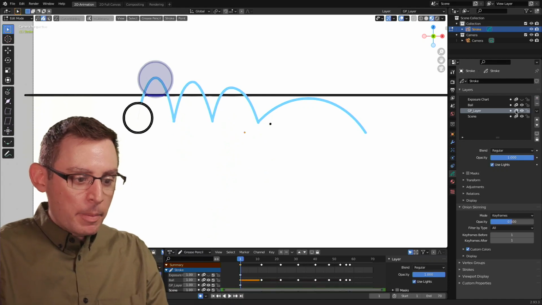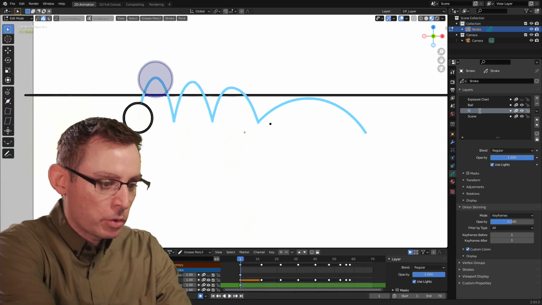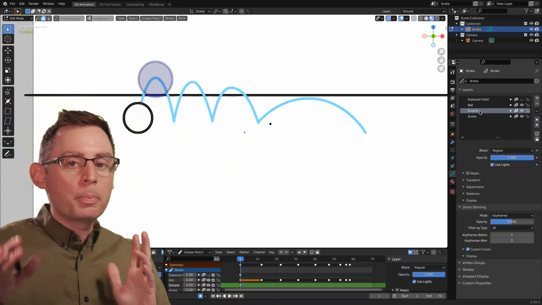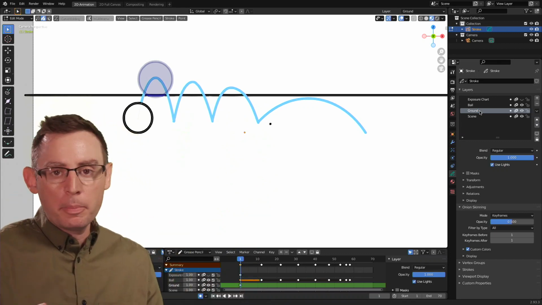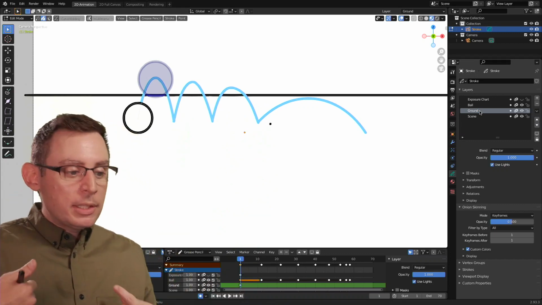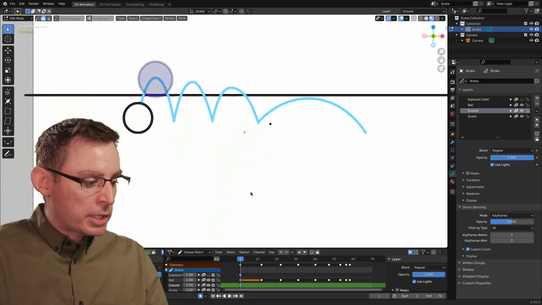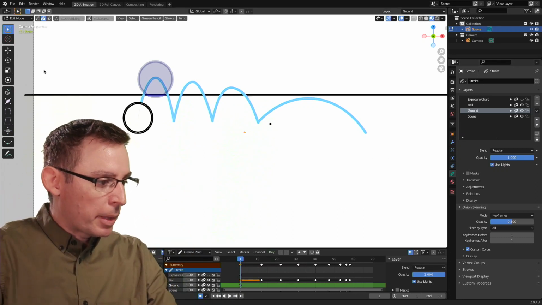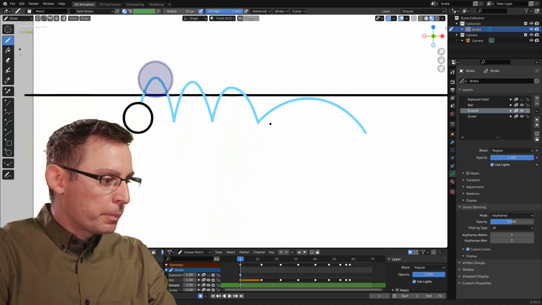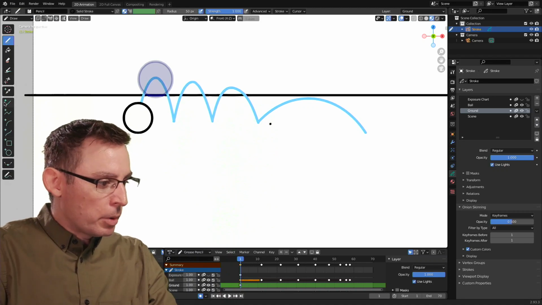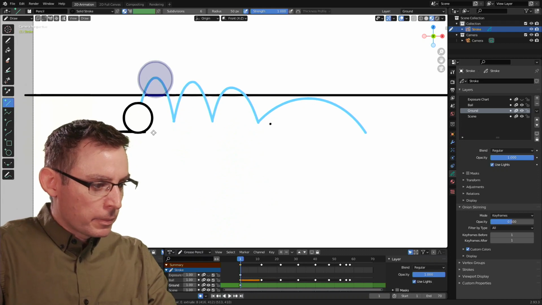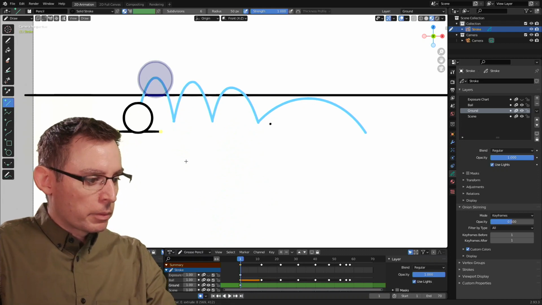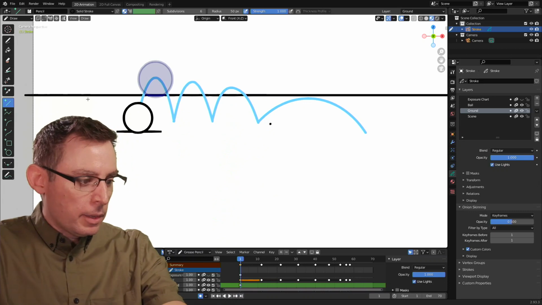So I'm going to add in an animation layer, and I'm just going to call this one ground. And this is just a work product animation layer. This is not going to be part of the final animation. It's really designed to help me very quickly understand how I'm going to squash and stretch my little ball. And what I'm going to do, I'm going to jump into my drawing mode here, and I'm just going to draw a simple little line where I want the ground to be. Maybe somewhere right around there. Yeah, I'm happy with that.